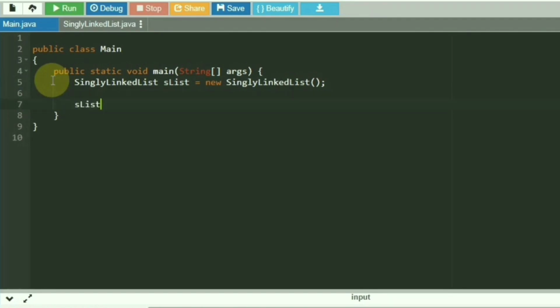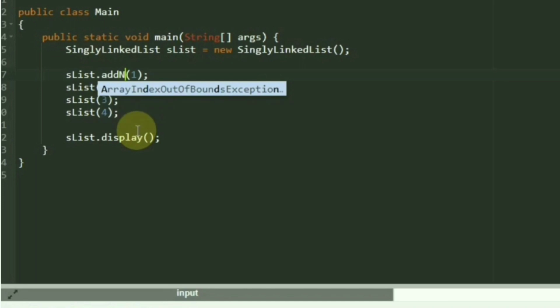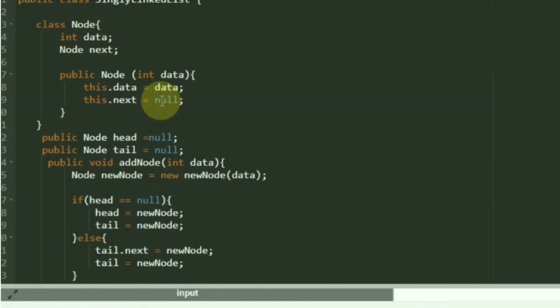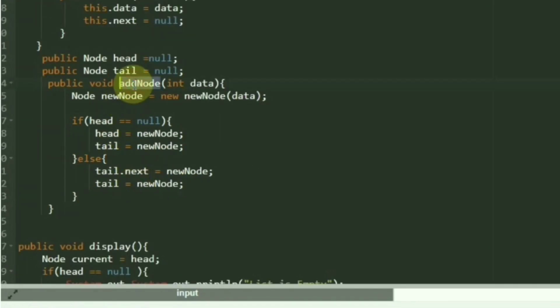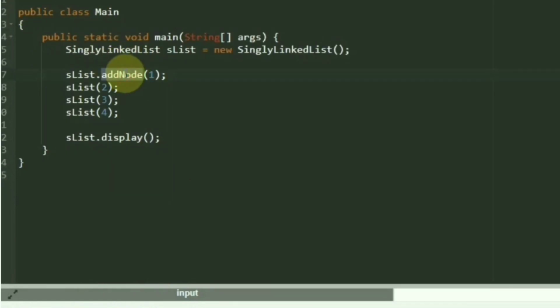And using the add function which we have just defined, we'll add integer values. So here I have added 4 values. Here we have to call the dot addNode function. I think yes, this function is the same.